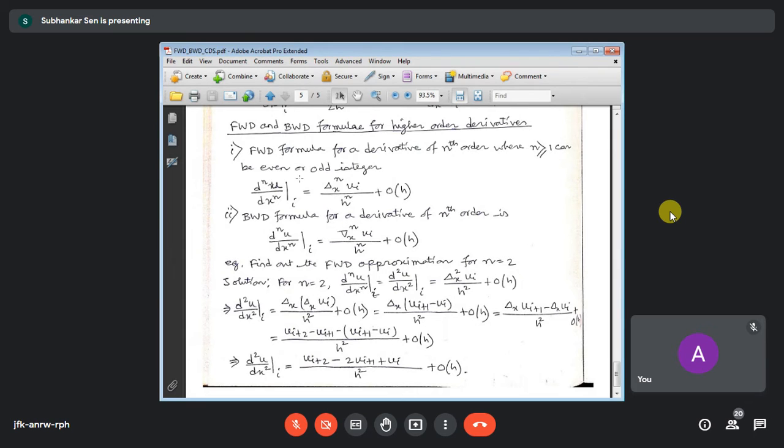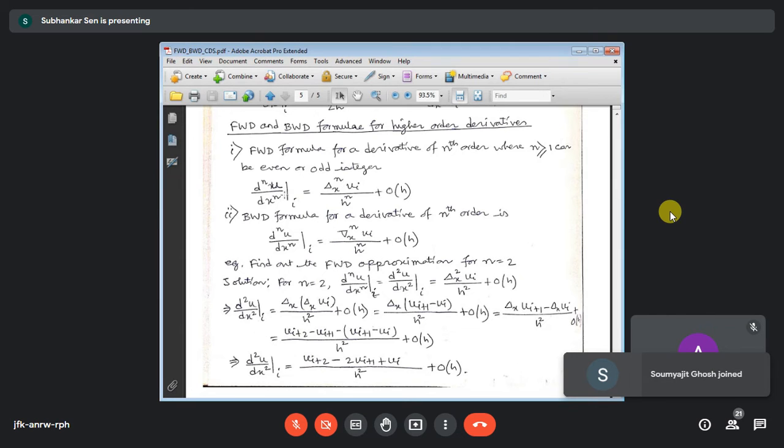So forward difference and backward difference together when we consider, then we go for the central difference. So for central difference, as I have told many times, there is no directional preference. So when you are moving to the right side by a certain amount, you have to move to the left side by the same extent so that the things are balanced. Okay. So the central difference scheme, the way the operator is defined, it is the combination, or it is average of the forward difference and the backward difference scheme.